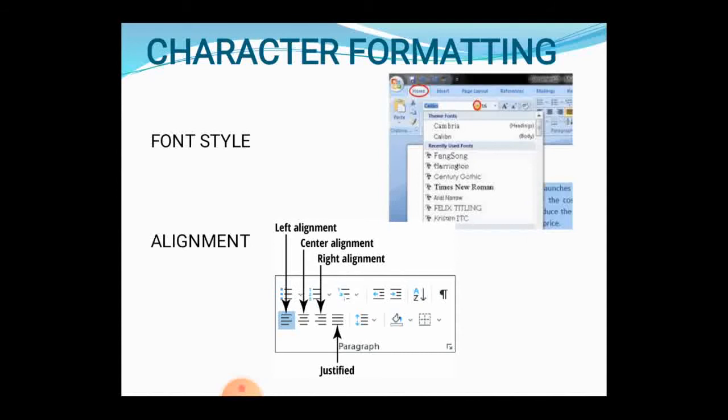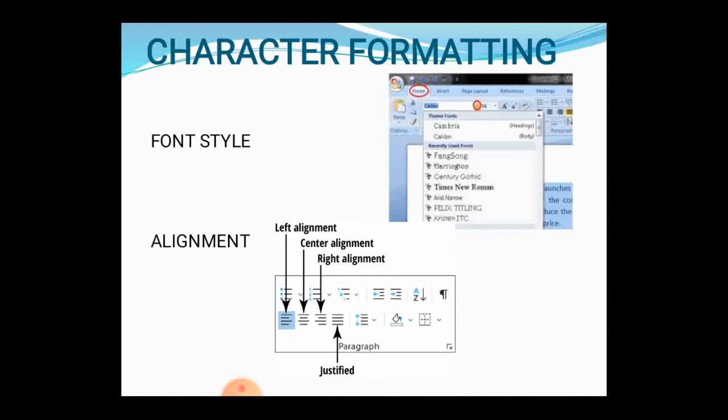Okay, next to the font style, you will see the number 16 and a drop down arrow. This is for the size of your font. You can change the size of your font using that number. Okay, then the next thing is alignment. Alignment is what we have learnt in the 9th standard, positioning the text.